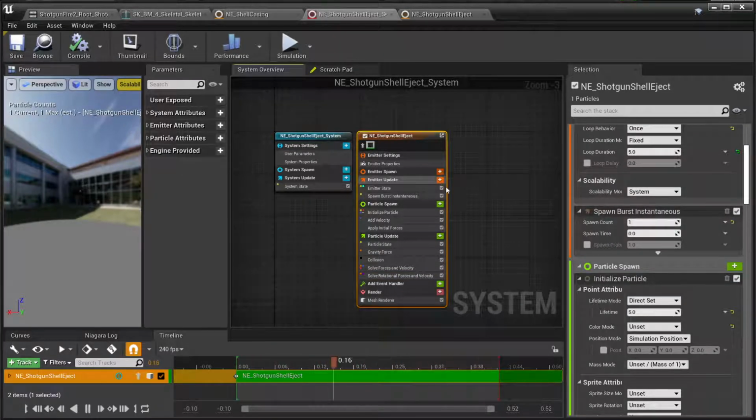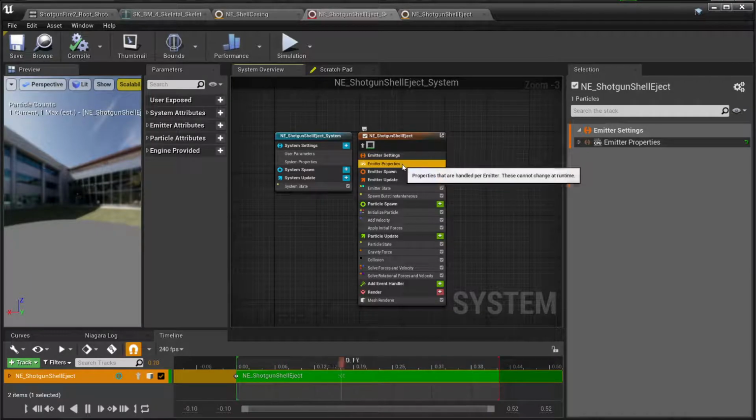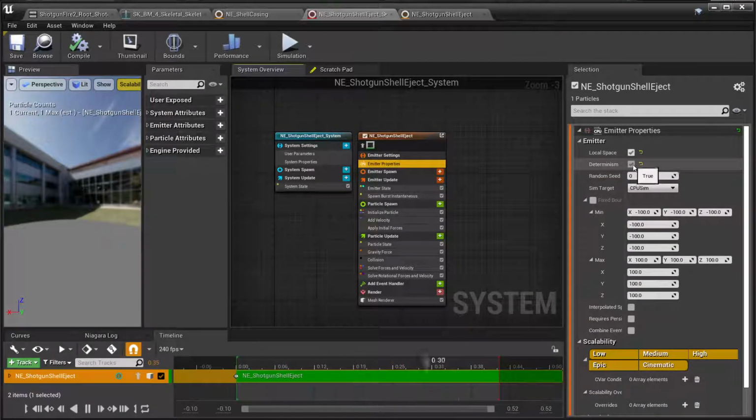It just spawns the shell, and then it moves it in a certain direction to make it look as if it is falling out, as if it's being ejected from the shotgun itself. Also, I forgot to mention, you need to put local space and determinism. Local space, because in world space, the shotgun shell tends to rotate around. If you don't put this, put local space so it stays like how you see it in the editor,